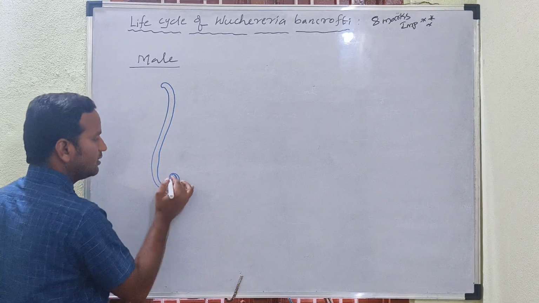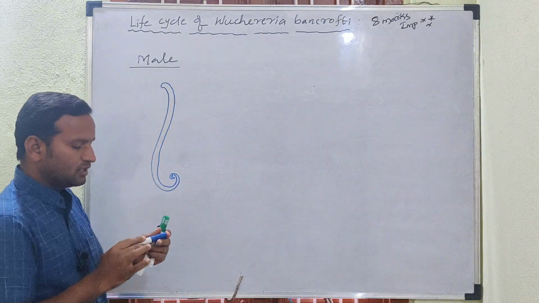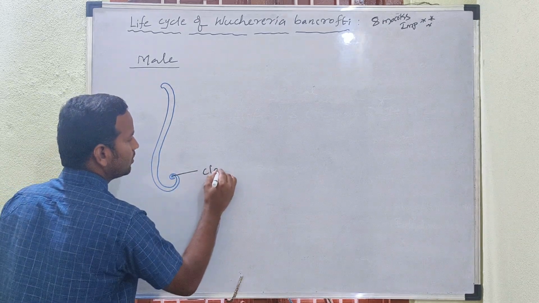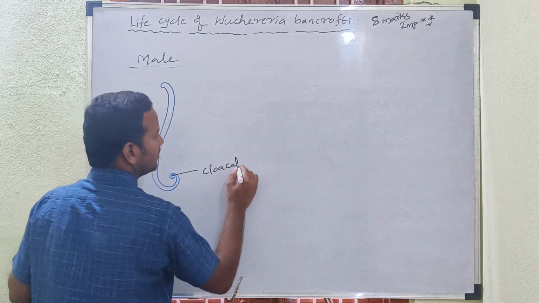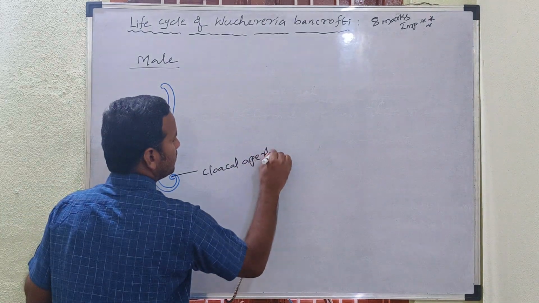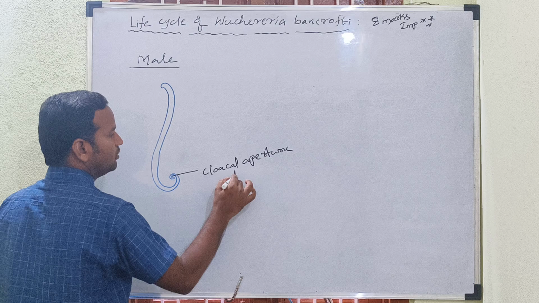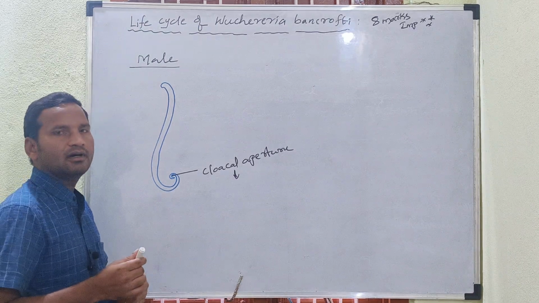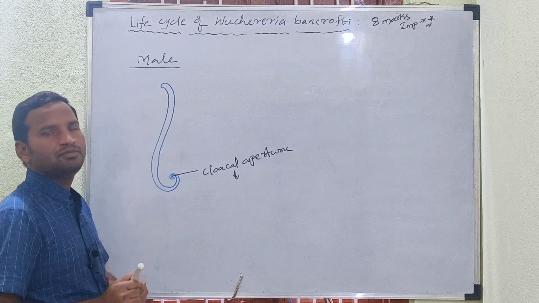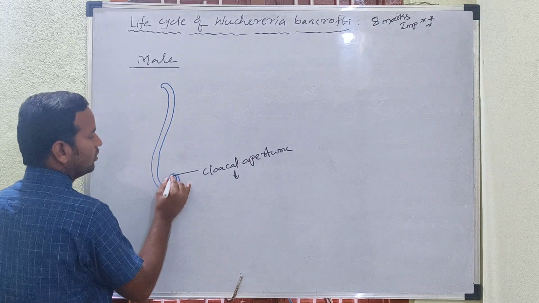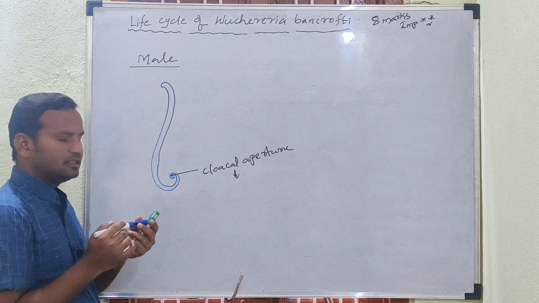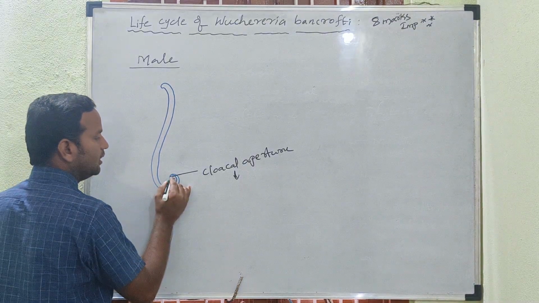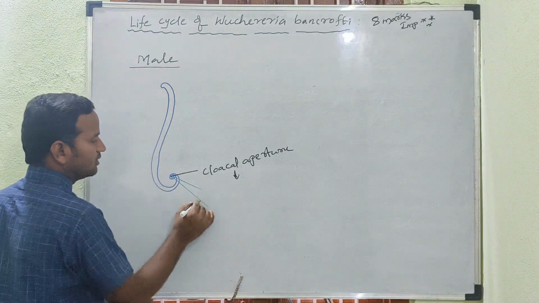The posterior end possesses a pore called the cloacal aperture. For example, here the cloaca is there. And the cloaca is surrounded by a pair of unequal sized